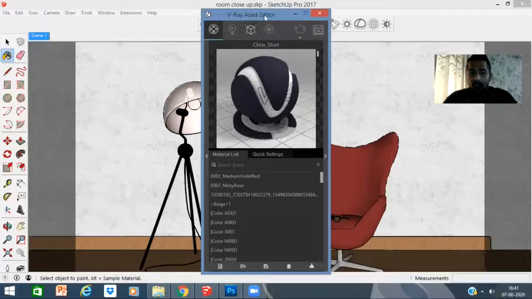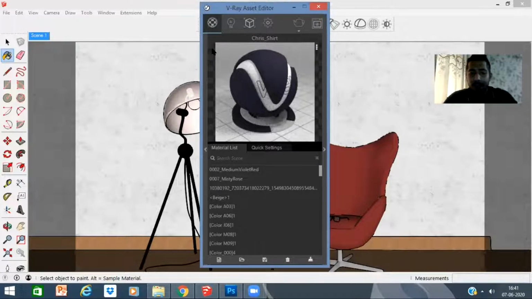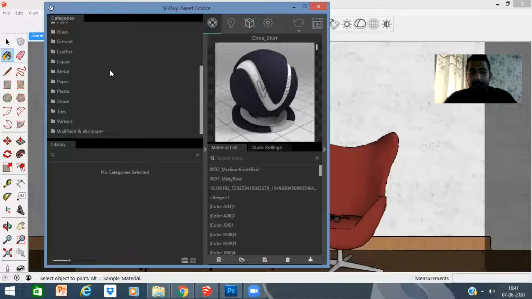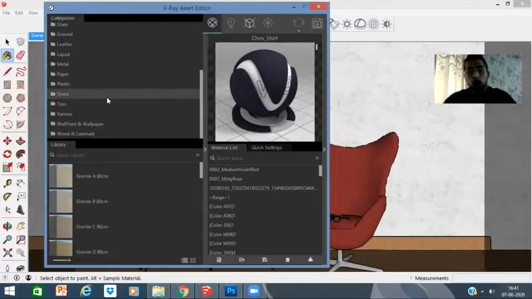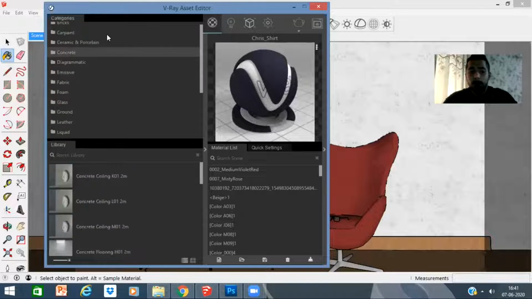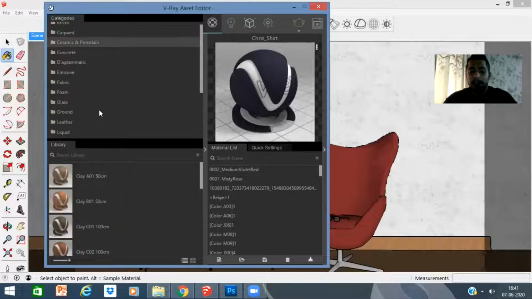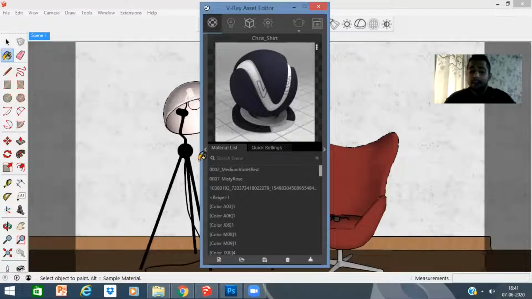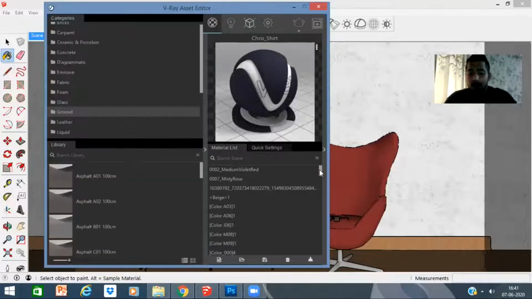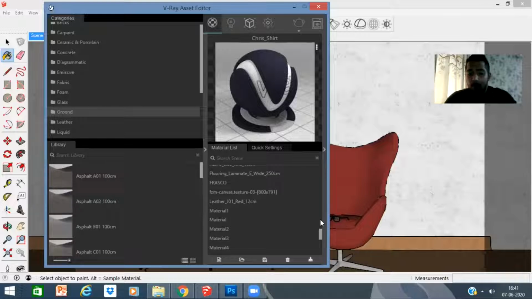Now, on the left over here is where we have the material library of V-Ray itself. So V-Ray has its own material library. Those of y'all who have used Lumion in the past, y'all know that you have a material library in Lumion. The same way V-Ray has given us preset materials over here. These materials already have settings completely done. All right. Then over here, guys, we have all the materials which are in our model.